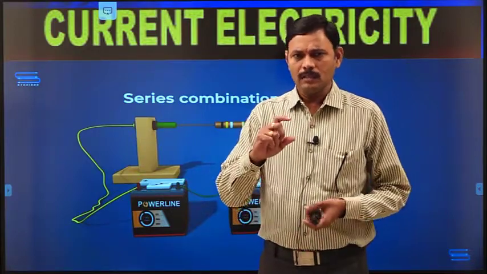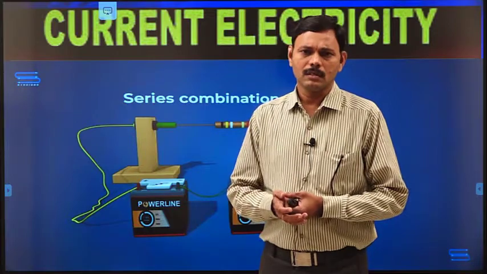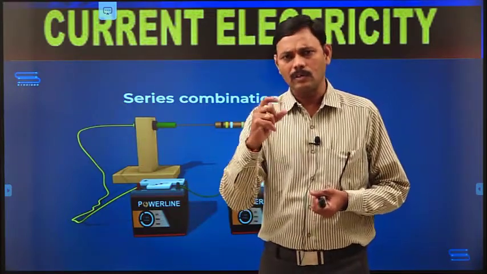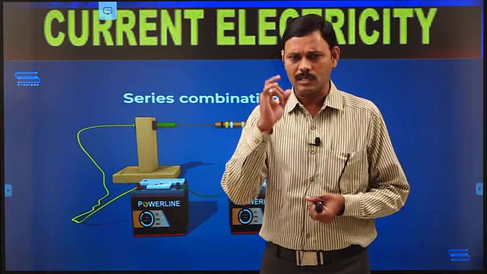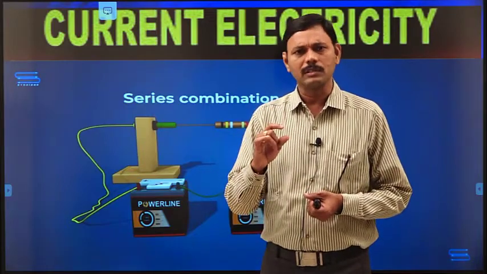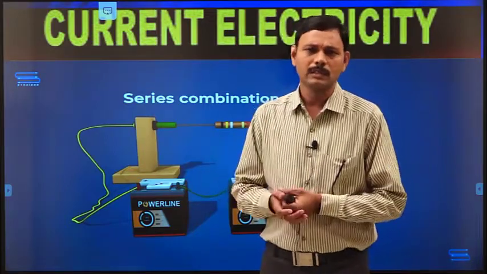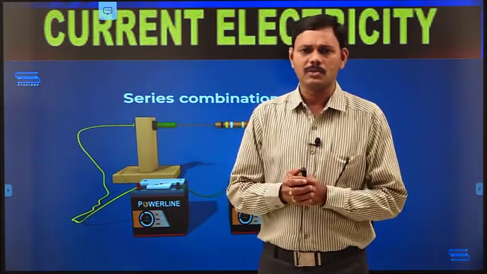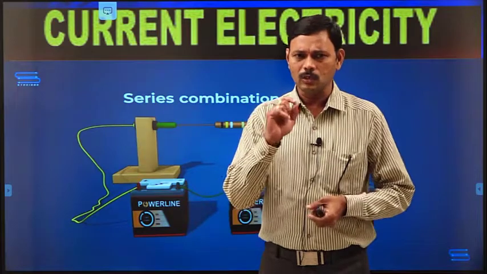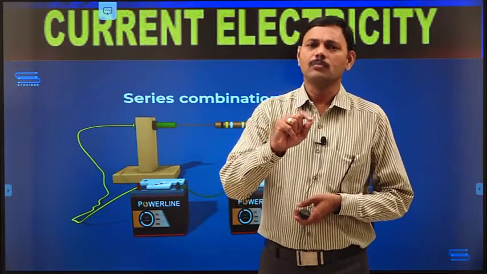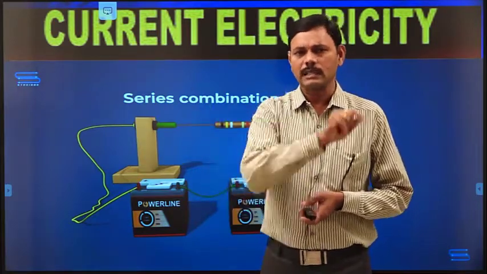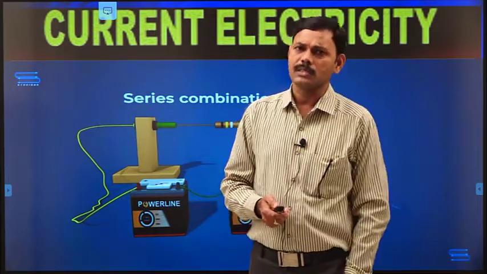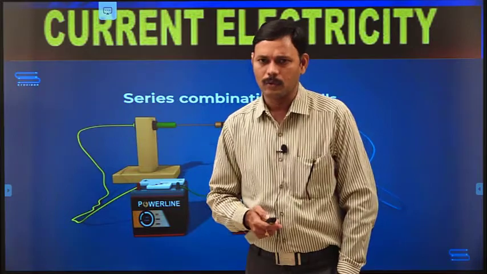A cell consists of 3 parts, that is positive electrode, negative electrode and electrolyte. The positive electrode is known as cathode, the negative electrode is known as anode, and then the electrolyte. When the cell is connected to any external resistor through a conductor, the cell does work and moves the electrons along the conductor. I explained this working and basic structure of a cell in the previous video.